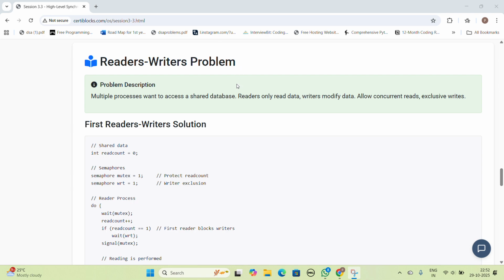We are going to see the next classic synchronization problem, that is the readers-writers problem. As we see it, multiple processes want to access a shared database. Readers only read, writers modify data: allow concurrent reads, exclusive writes. It means that the main goal is that multiple readers can read at the same time, but writers need